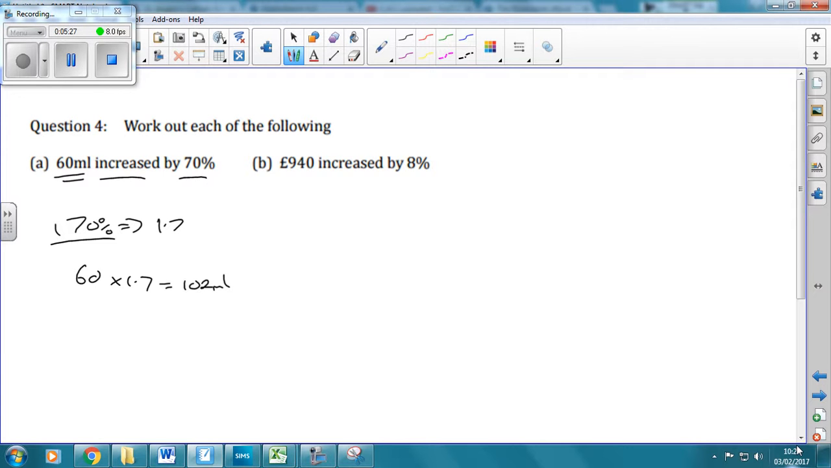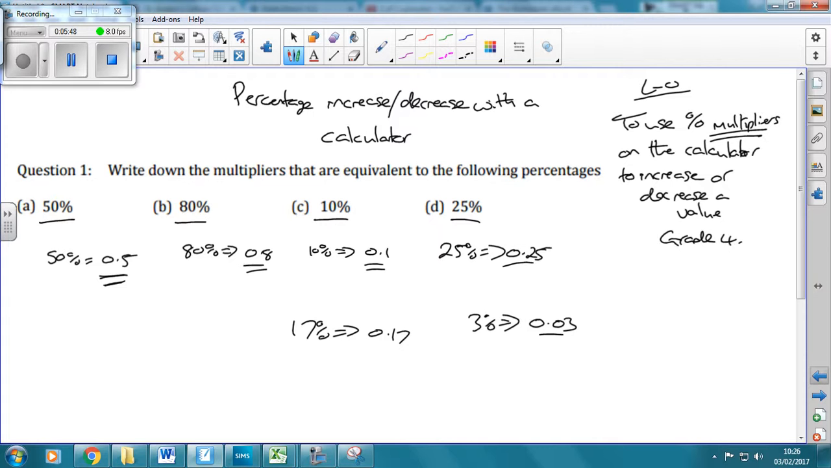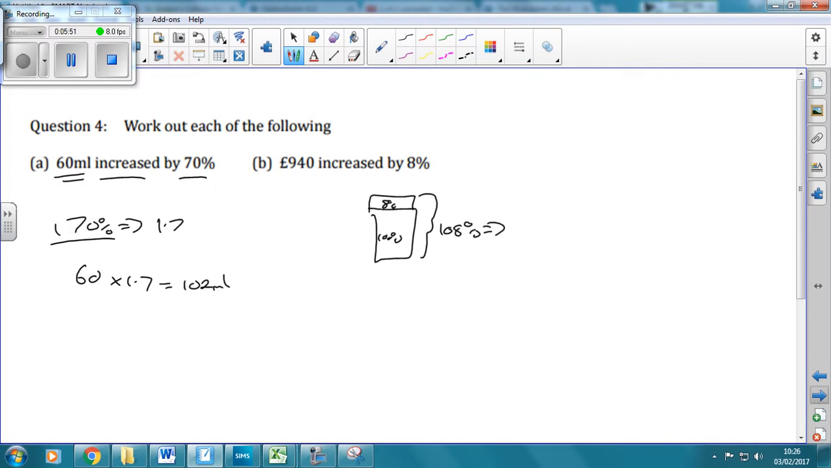The next one, we've got 940 increased by 8%. So what we do is we start off with 100%. We're going to increase it by 8%, and that's going to give us 108%. We then work that out as a decimal, because it's all about the multipliers. Each time we keep going back to this: we're using multipliers to do percentage increase. So 108% is 1.08. Then to increase this by 8%, we times it by 1.08, so 940 times by 1.08,